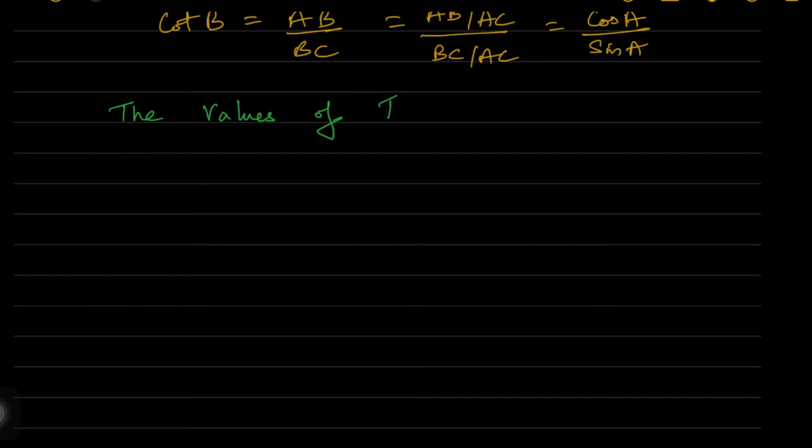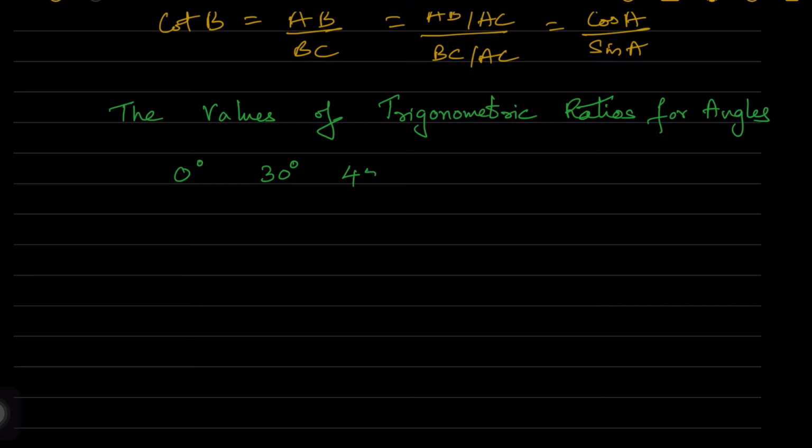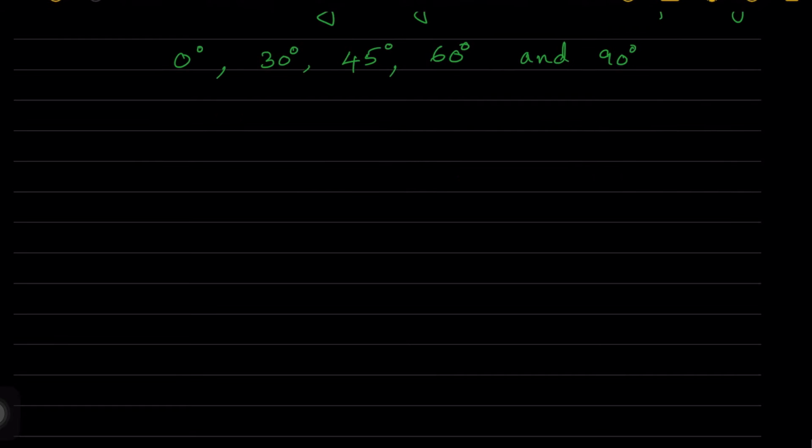Now the values of trigonometric ratios and angles, for different angles. How do we write these trigonometric ratios for different angles? That is from 0 to 90. What are all those angles we are going to write? 0 degrees, 30 degrees, 45 degrees, 60 and 90. So now we are just putting it in columns, and then how do we write this? We are just seeing.